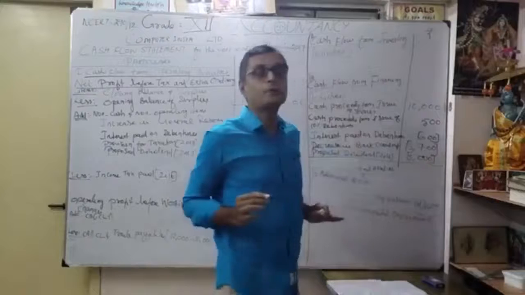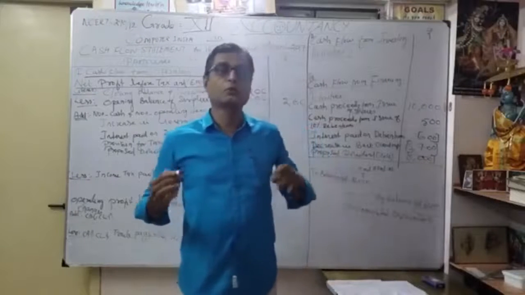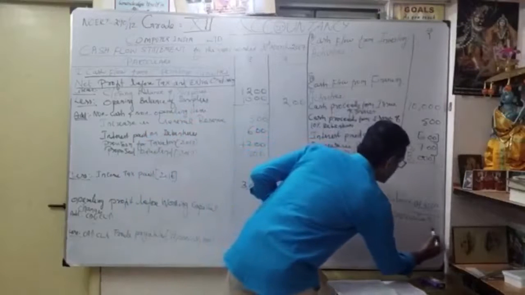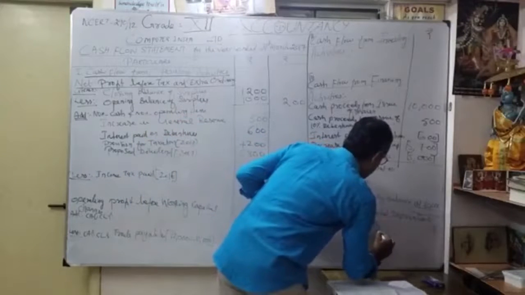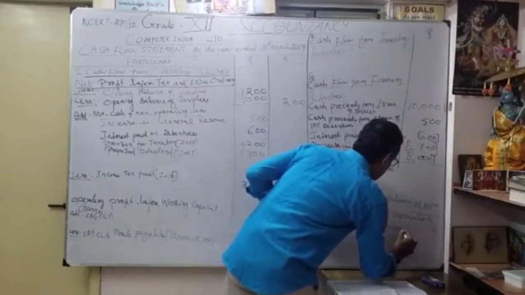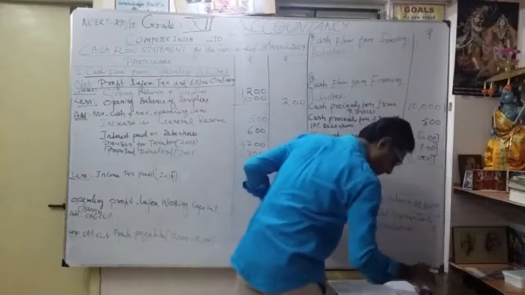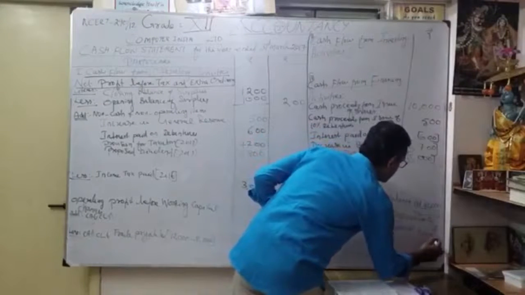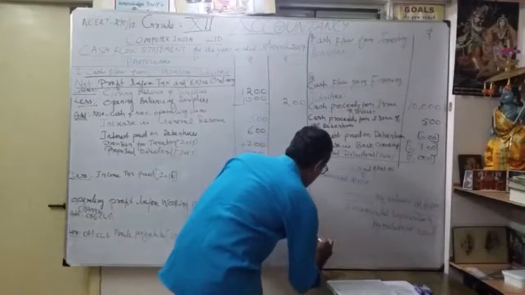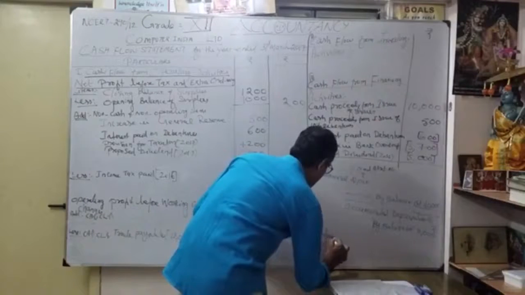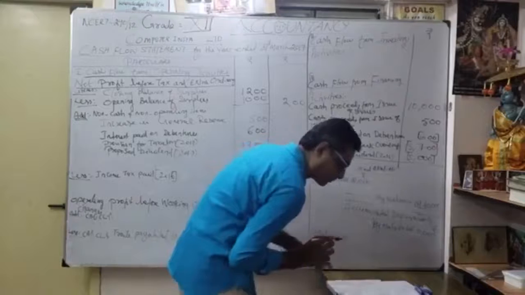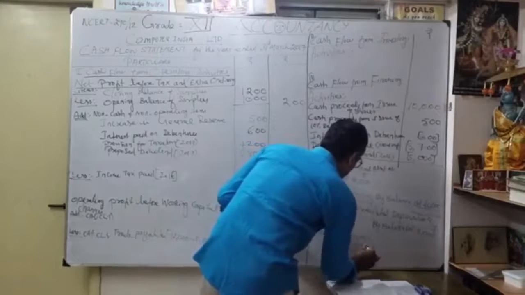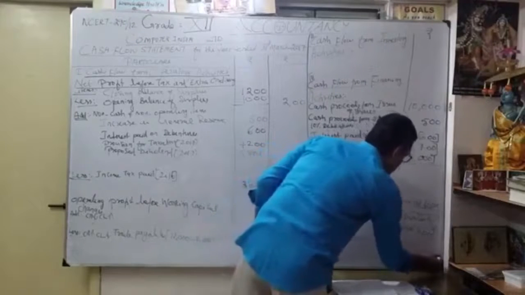Similarly, you want to open the accumulated depreciation account. You know, accumulated depreciation opening balance comes under the credit side. Here going to write, by balance brought down. How much? 11,000. That's our opening balance. Similarly, here to balance brought down, how much? 15,000.